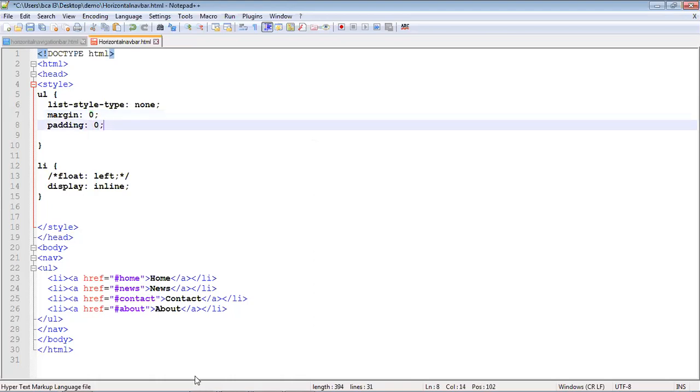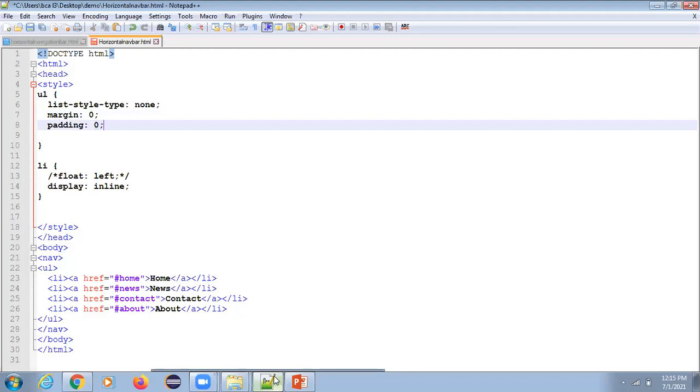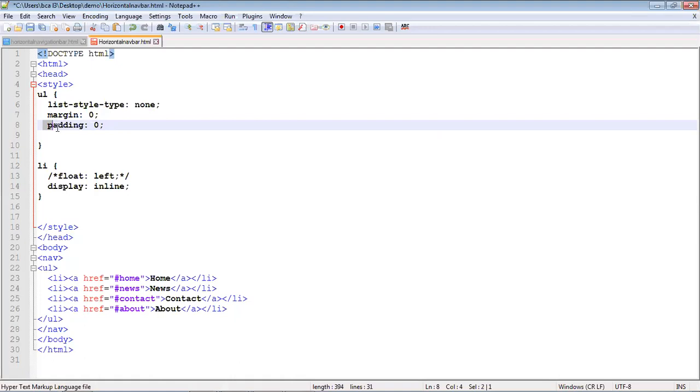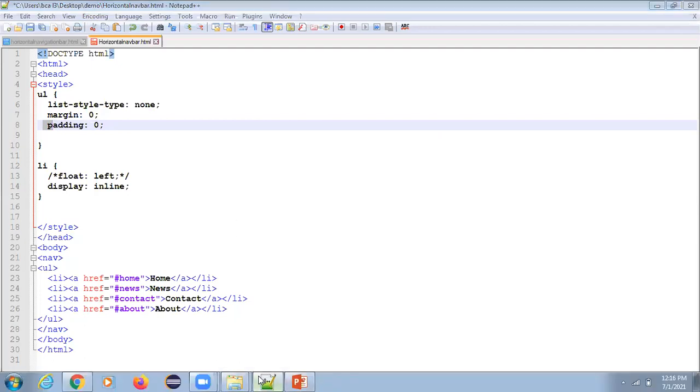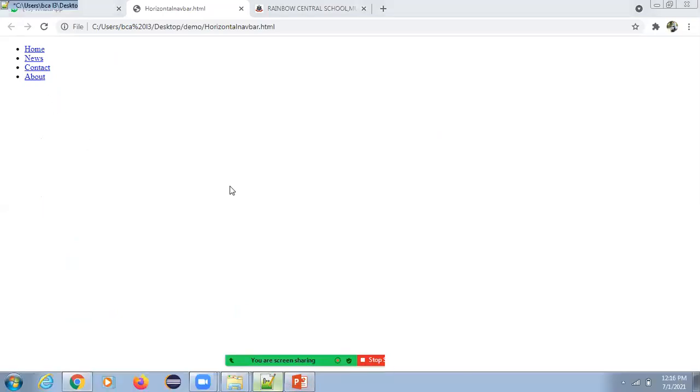Here the margin we are giving for the unordered list is 0. So it starts from the left 0, from the bottom 0, from the upper side and right side also it gets 0 only. So that is where it starts the position in the web page. Next, padding: inside the tag, how the text will look. Whatever text we are using here, how the text position is given by padding. That also by default is in the corner only, because we are using 0 values for all the attributes.